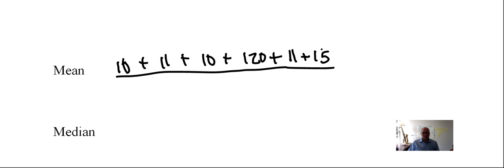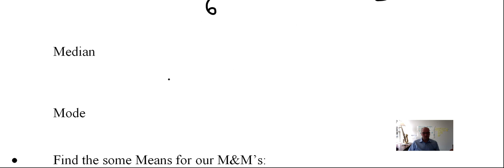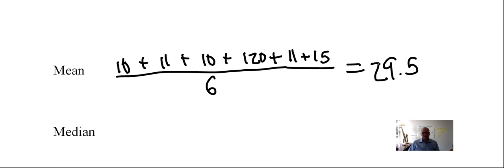And then in this case, we're going to divide by 6. Like 1, 2, 3, 4, 5, 6. And I think the answer is something like 29.5 or something like that. It doesn't matter so much. We can calculate this. This is pretty easy to do. So that's interesting. So this answer